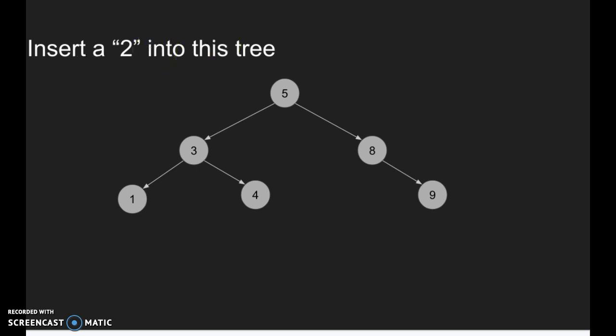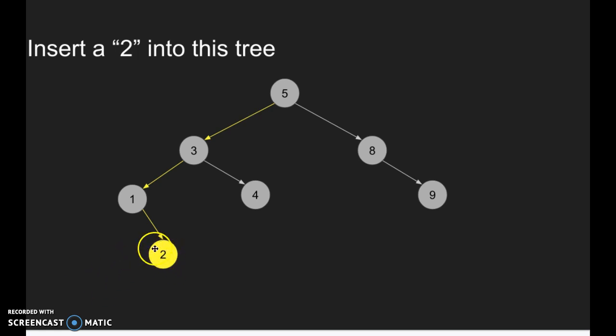So iteratively, I would create a new node with 2, and then I would have a while loop searching for where to insert. And I know it's going to be less than 5, so I'm going to go to the left. The 2 is going to be less than 3, going to go to the left. 2 is greater than 1, so I'm going to go to the right. And all along the way, I'm checking to see if I have a null, because as soon as I hit a null value, I know that's where it goes. So it's when I go to the right of the 1 that I find that it doesn't have a child, so I'm going to insert